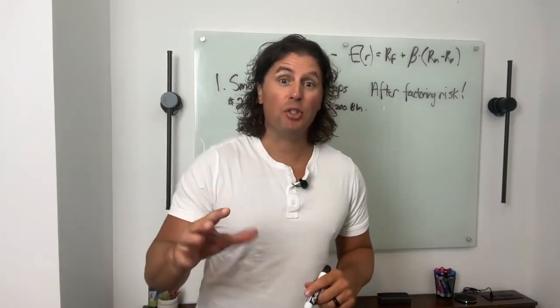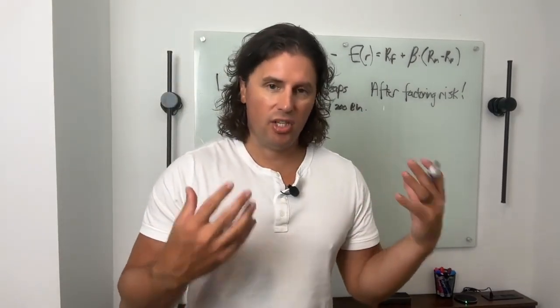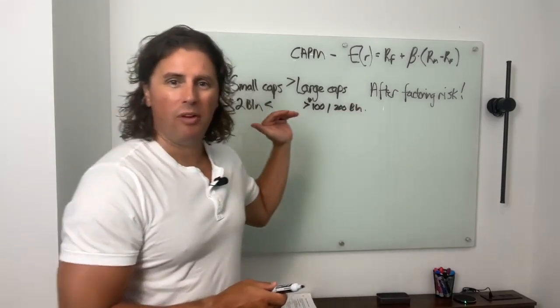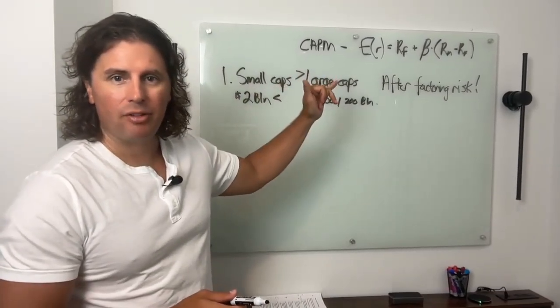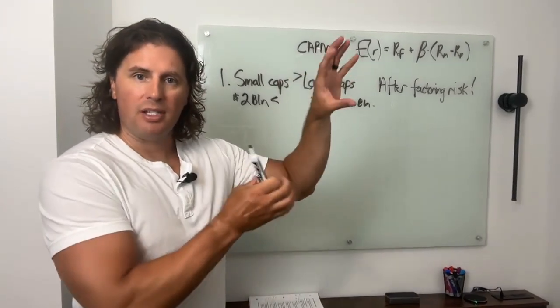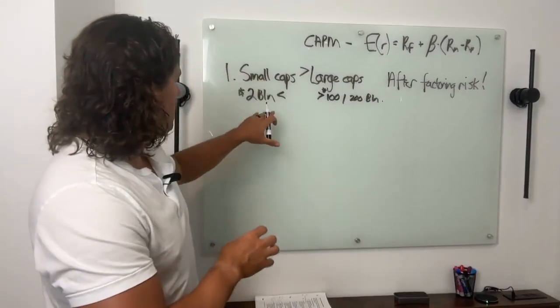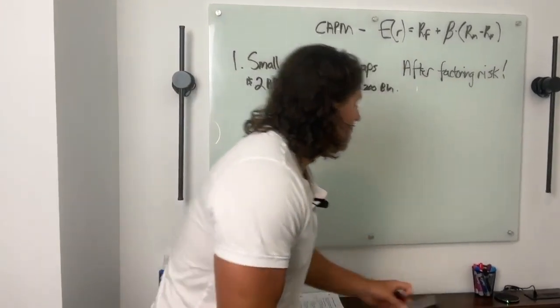Moving on to number 2 in this next video, talking about these challenges to market efficiencies. Before we move on, I wanted to add one final piece to the previous video talking about small caps versus large caps. You're going to notice there are different ways that we sort these bundles. I've mentioned here we could sort them into categories, the way that they're defined, or you could sort them